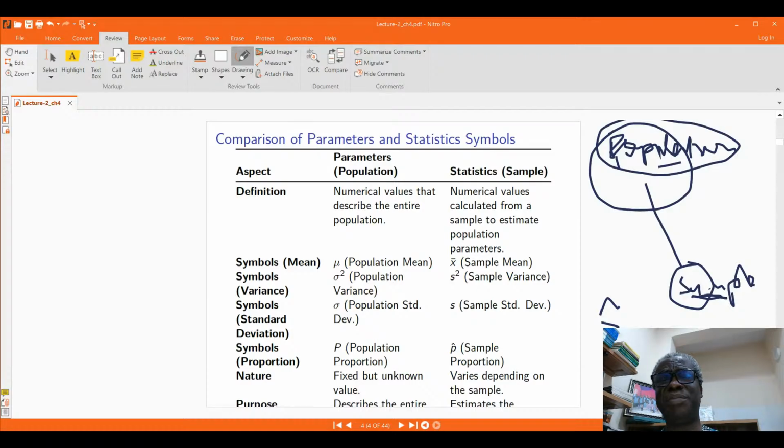So it's an important thing you need to know that population values are fixed and unknown in most cases,